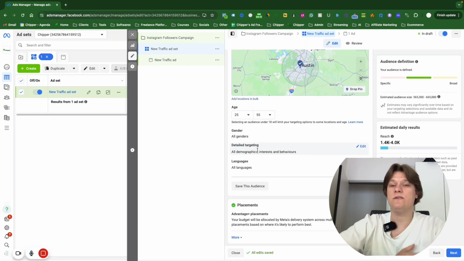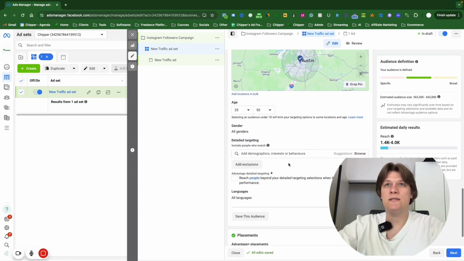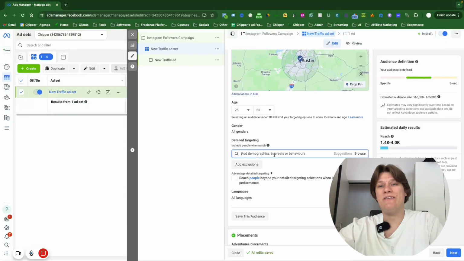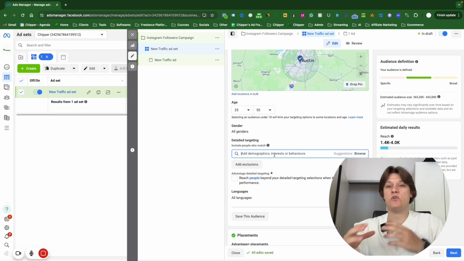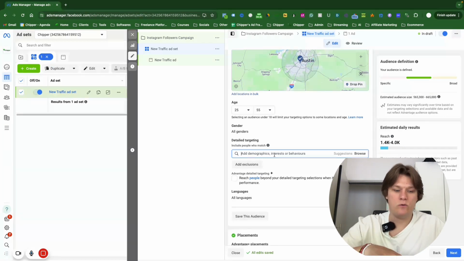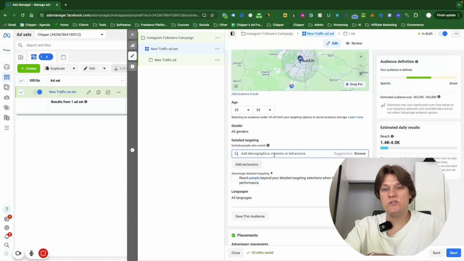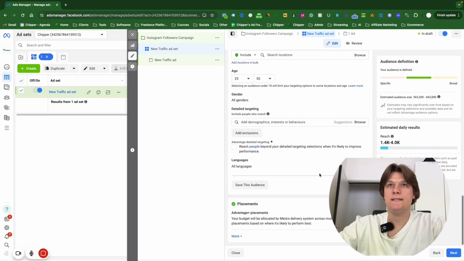For the detailed targeting here, the 3 strategies actually come into play. You click on edit, and as you can see, you can do detailed targeting. If you have less than 1K followers or even 2K followers, I would suggest that you put some interest targeting in. That way, you say to Facebook, I want people that are interested in digital marketing, or for the plumbing company, they're interested in housing, interior design, recently moved, etc. So the detailed targeting, and we say, for example,